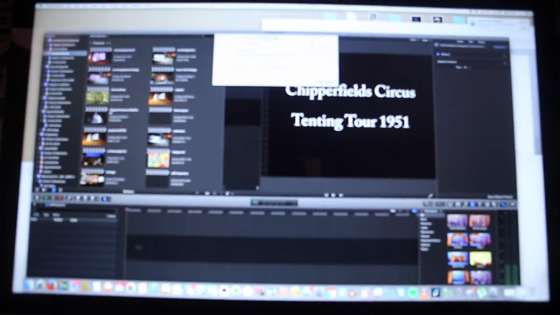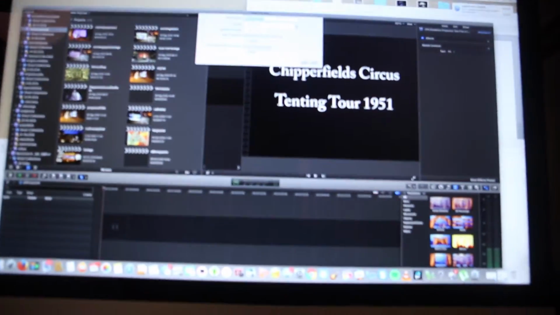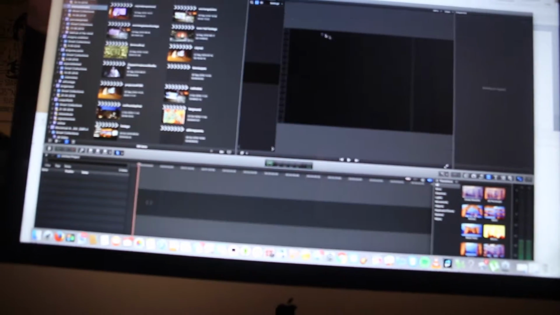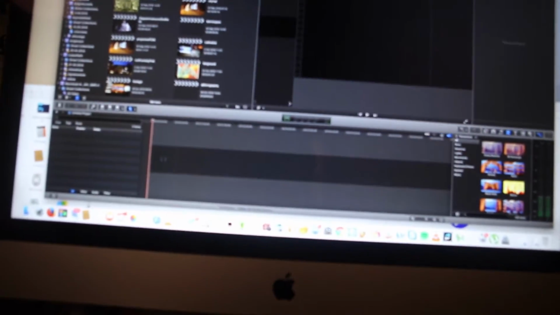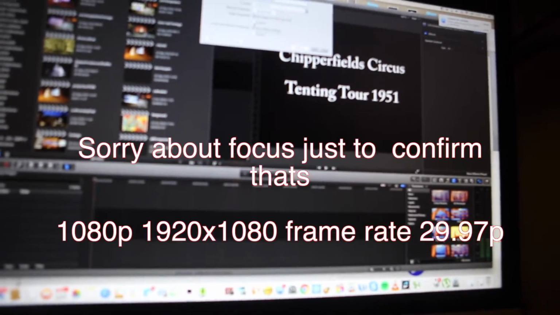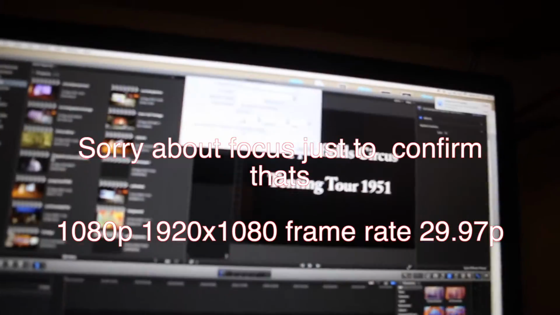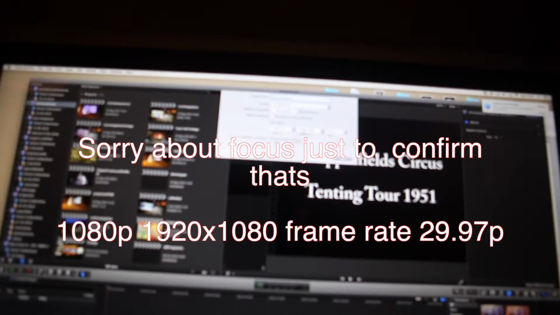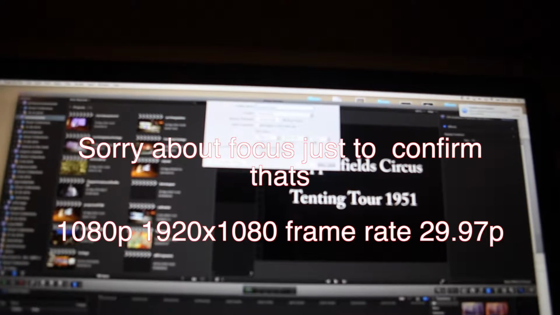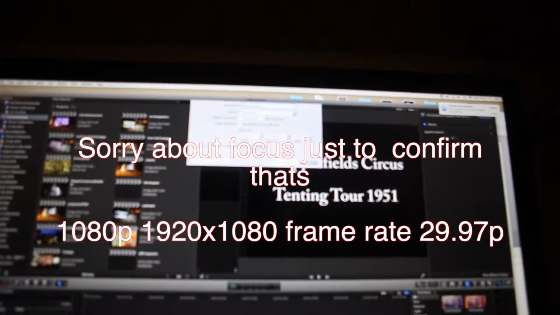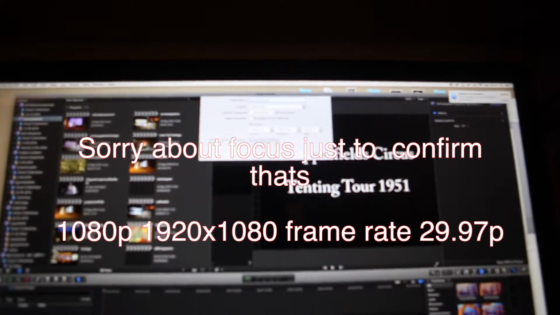So here's the screen. Set yourself up a new project. There we go. Got the set base to the first video clip or custom. I'm going to go custom and I'm just going to show you that there. So that's HD 1080p, 1920 by 1080, 29.97 frames per second. That's what I normally do things at. That'll be fine for this. So I go OK,